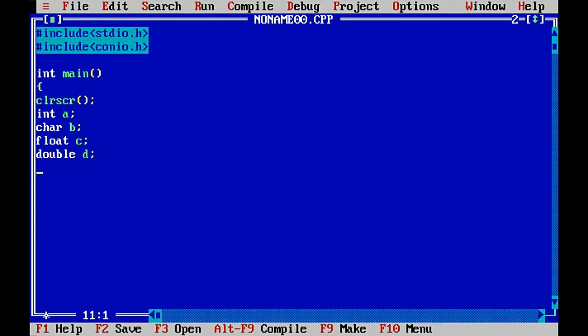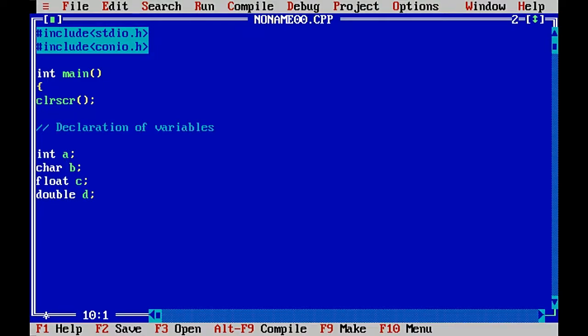Okay, so these are the variables. Declaration of variables. These are the variables which we have taken for a program, and